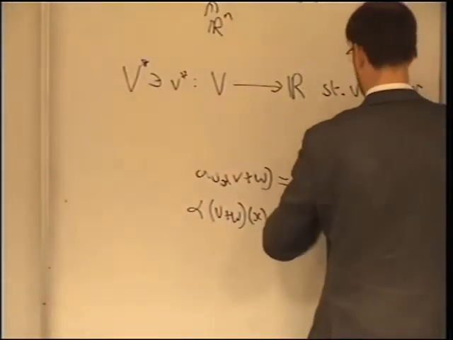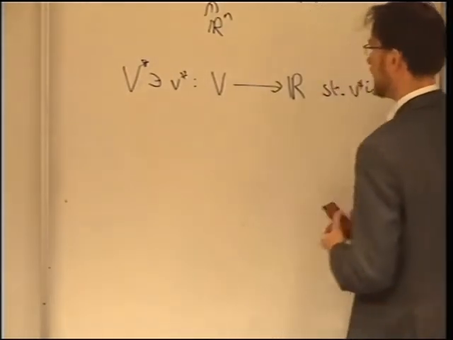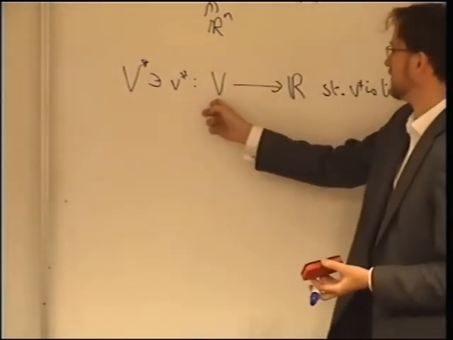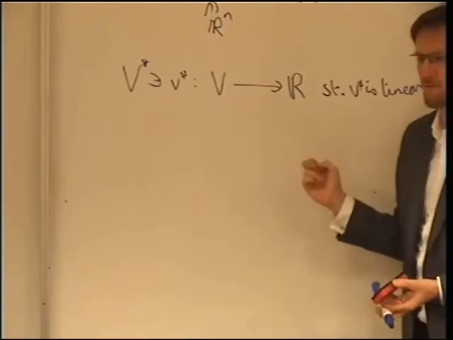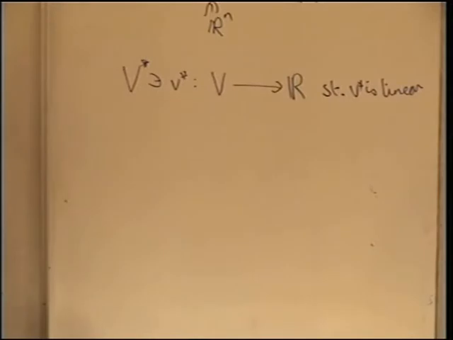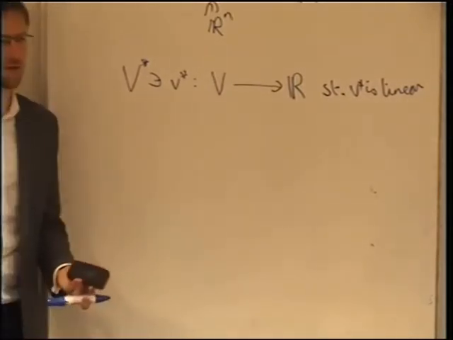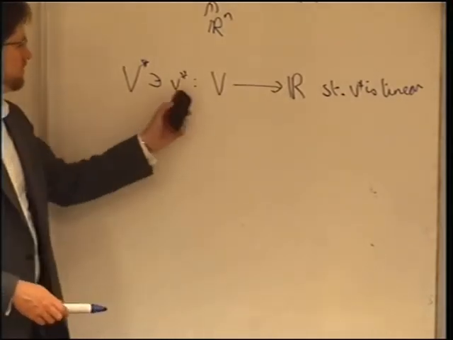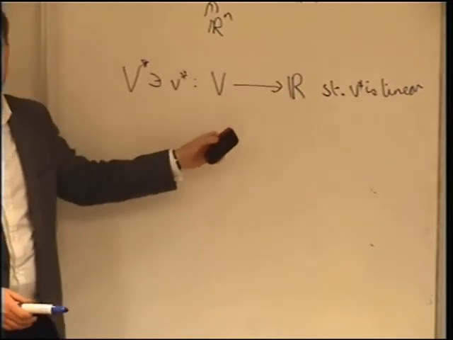Is V star always a functional set? That's what this statement says. Okay, yeah. V star is a set of functions from V to R such that V star is linear. Okay. And so a functional is a linear function. There are circumstances in which you might talk about non-linear functions, but for our purposes, they're always going to be linear. Is a function which takes in a member of a vector space in general, but the interesting one